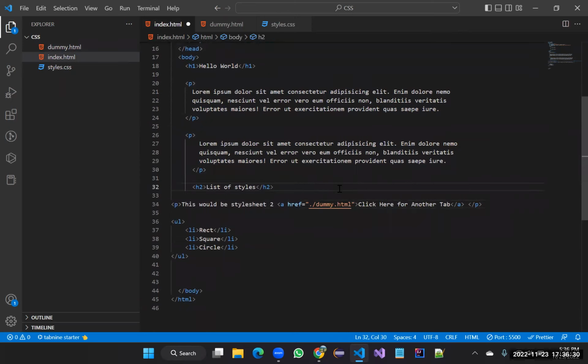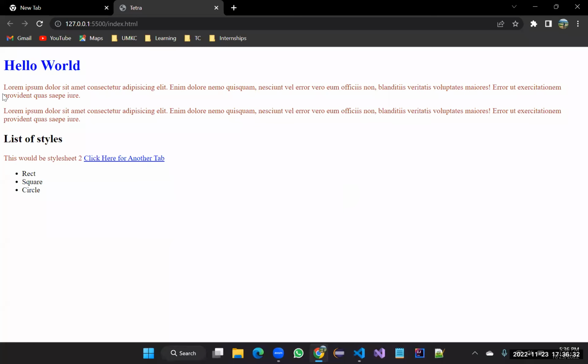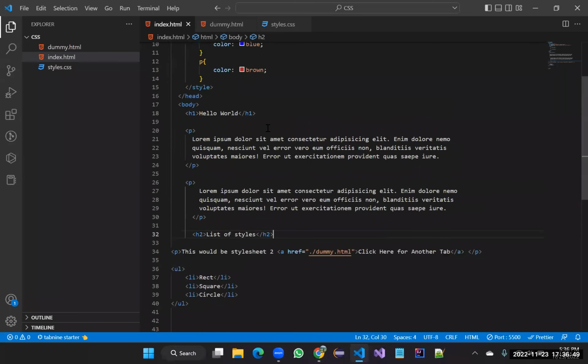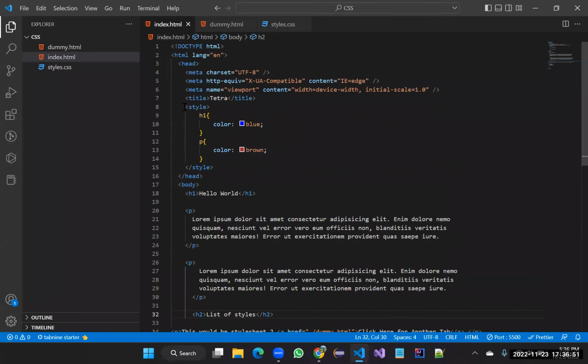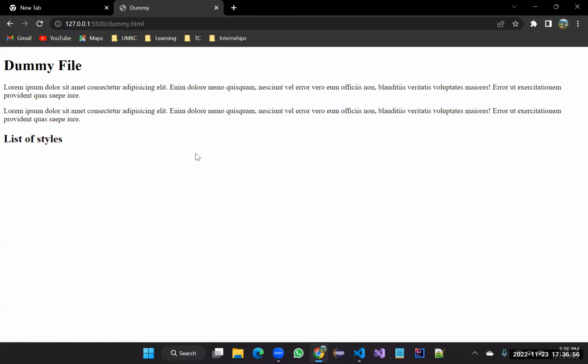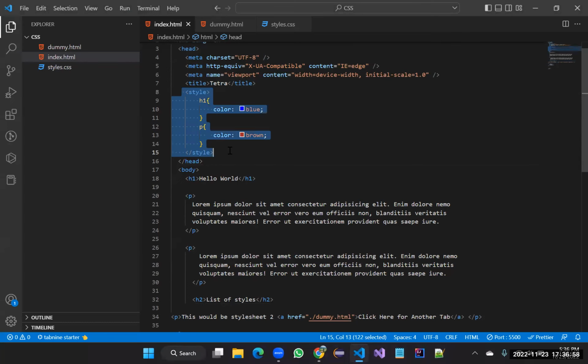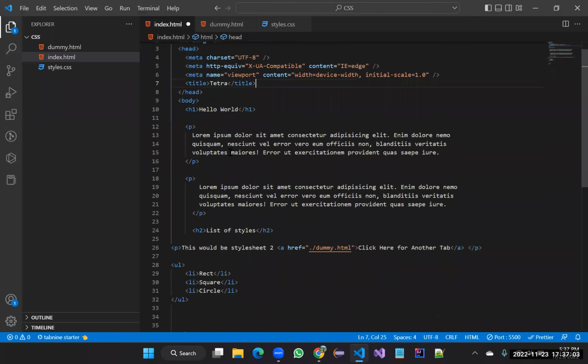Once I save this, you can see this is the index.html file, and once I click on this tab, it'll redirect to this dummy file, but you can see the colors are not being reflected here. So you need to have separate styles for each and every page if you use inline styles or this type of styles. If you want the same styles to be applied to this page as well, this method is not suggestible. It is like writing dummy data in each and every file. So what we can do is